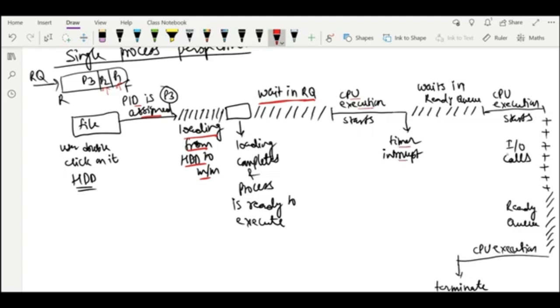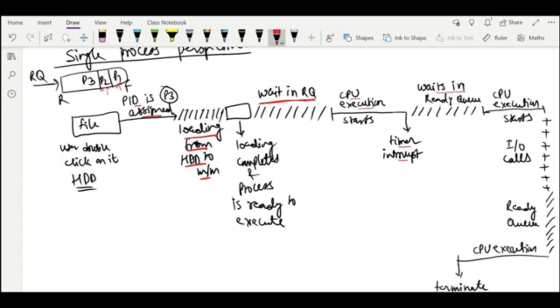A timer interrupt will occur. The job scheduling algorithm we have used may be round robin, and after 5 milliseconds the timer interrupt will occur, because 5 milliseconds is the time quantum available there, let's say.